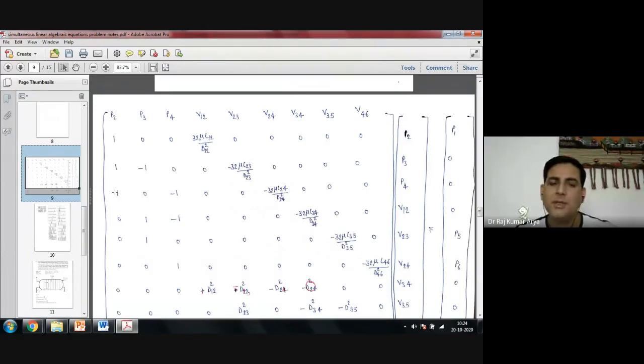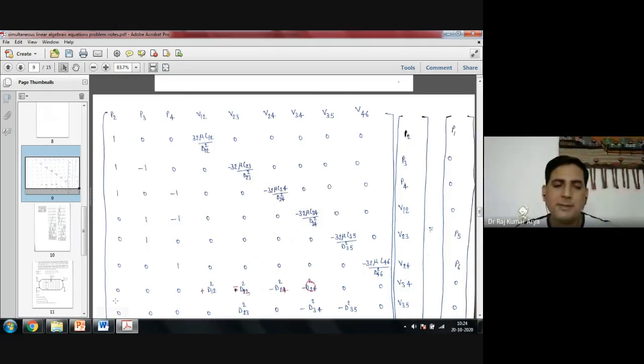In the third row, I have to make these first two terms 0, this term also, this term also. So I can do them one by one. First, I will make the first terms zeros only. Then I will make the second term 0, then the third term, then the fourth term, then fifth and sixth, and keep on going that way. I cannot do everything in one line. Okay.